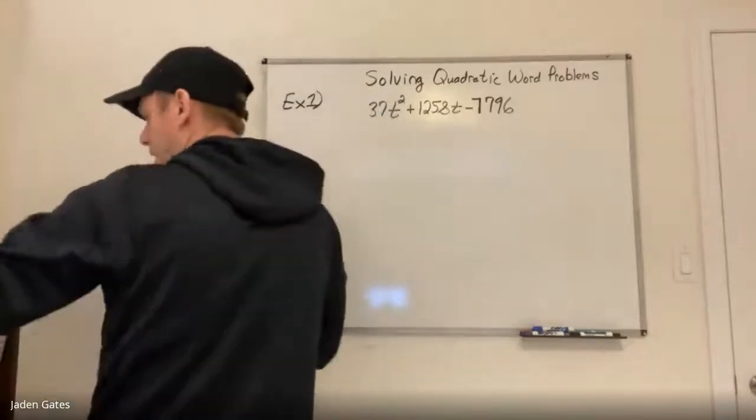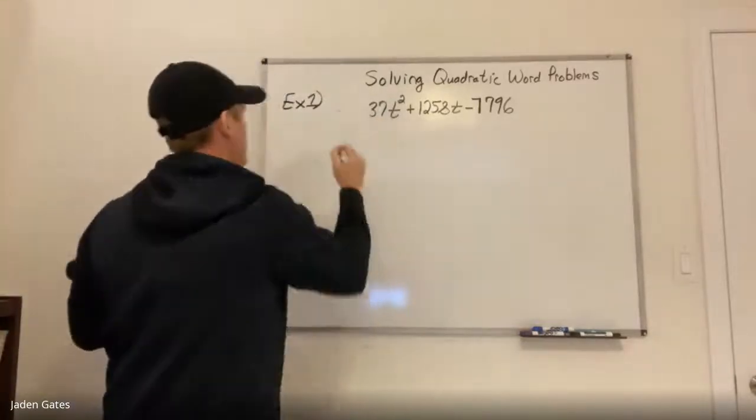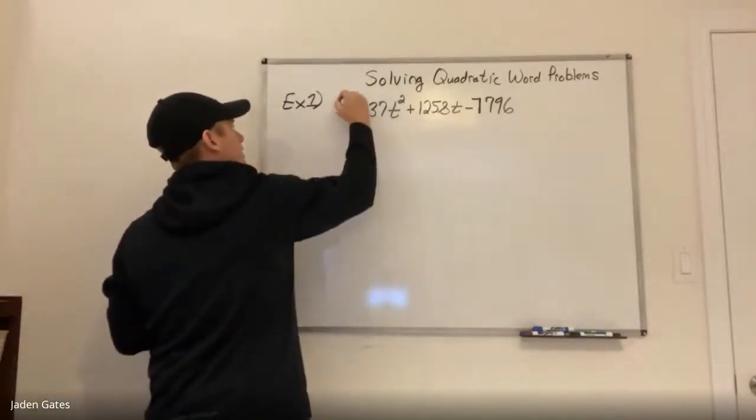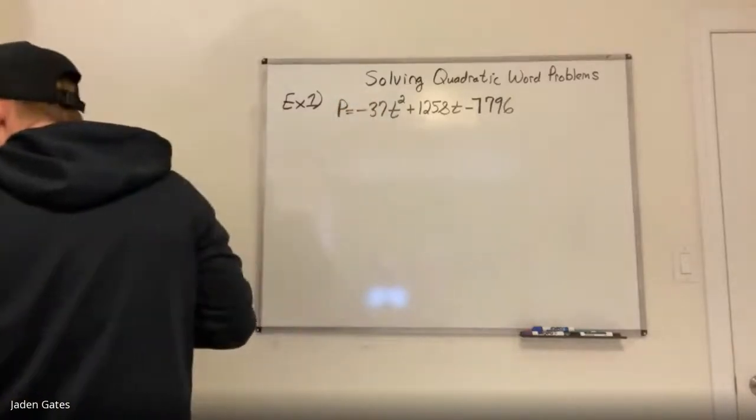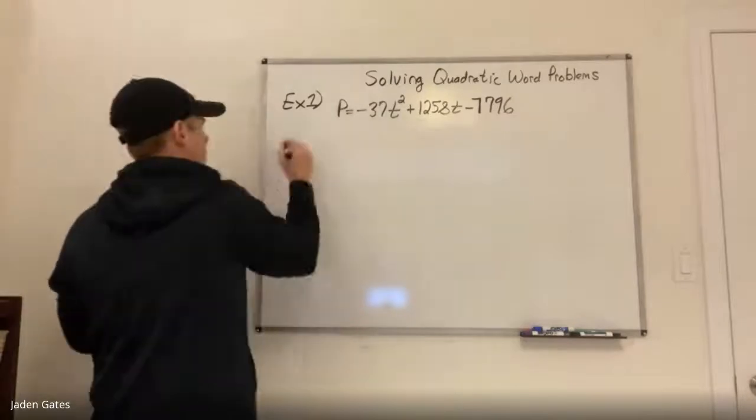All right, now, next up, I should rewrite the equation here. P equals negative 37, I believe it was. All right, so the next one is,